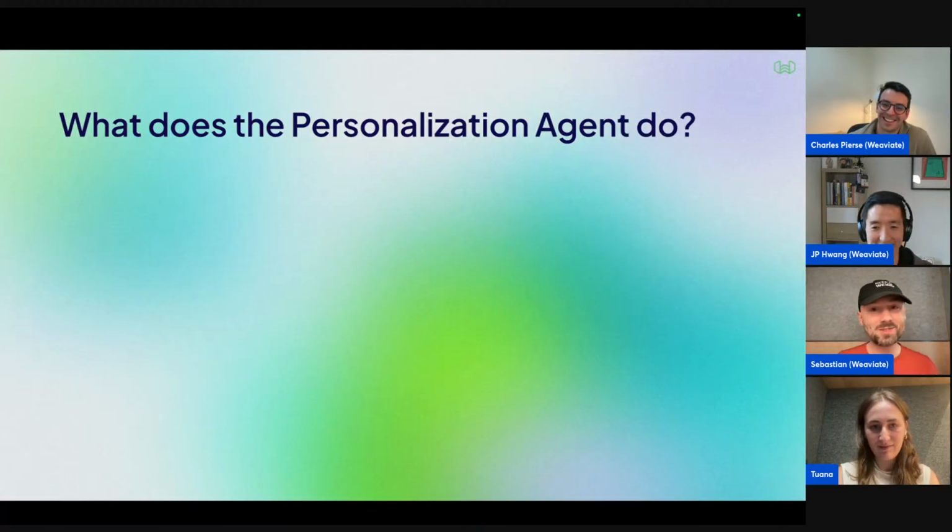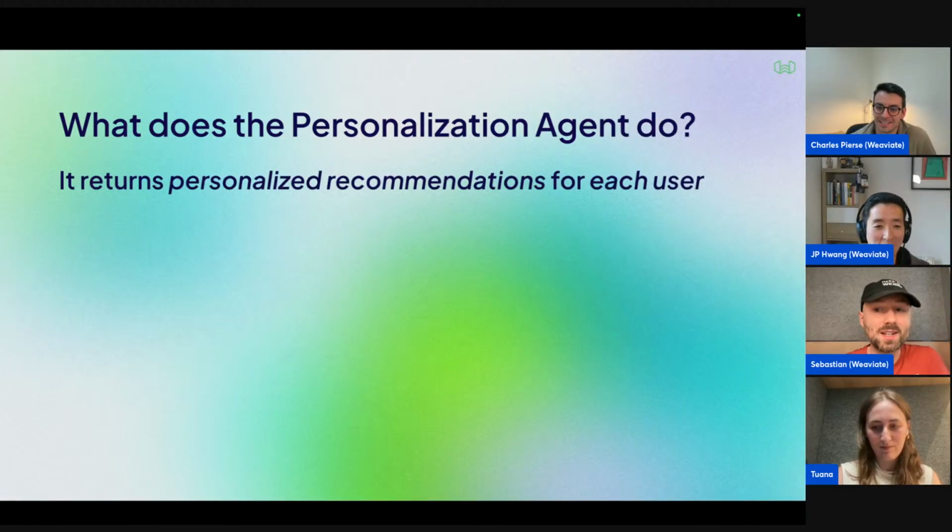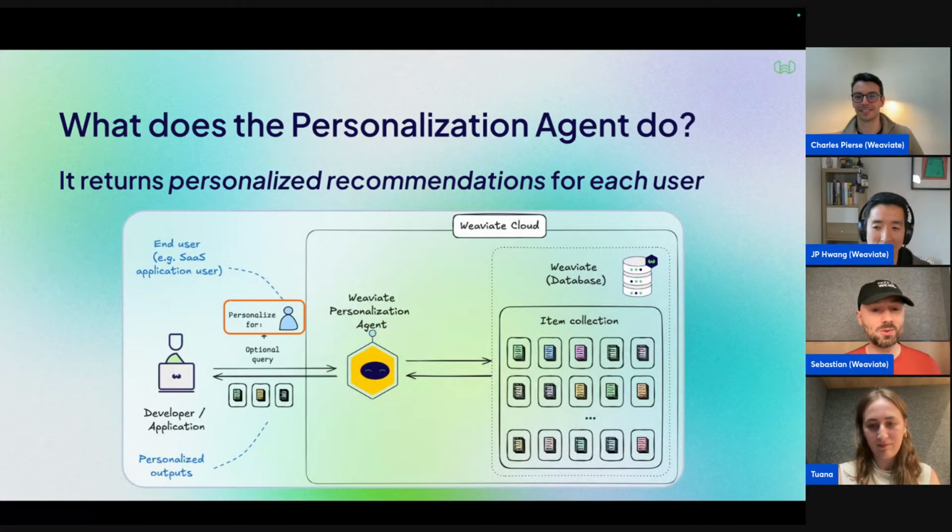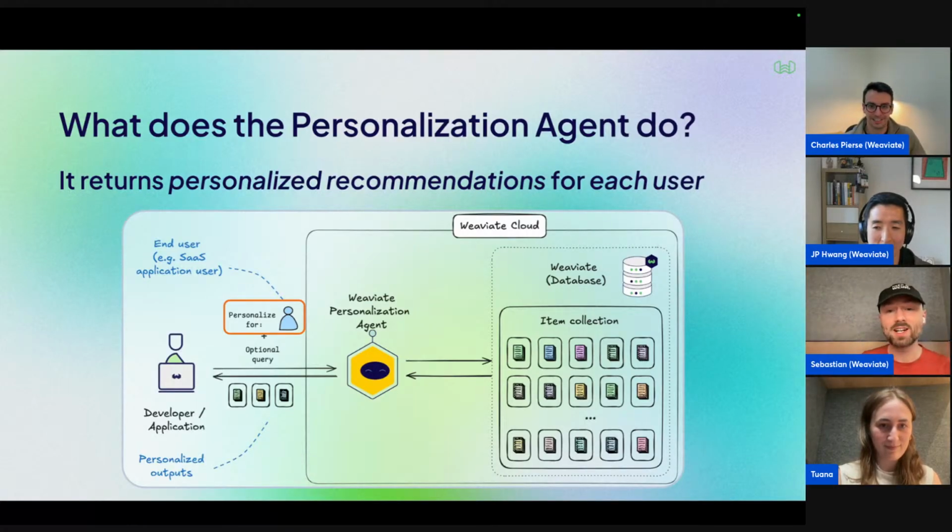The whole idea of the personalization agent is: how can we provide recommendations based on what we know about the user? This is a pretty good graphic that explains the whole concept, where on the right-hand side you have your personalization agent together with your database and all the data that you have, both about the objects that you normally store, but also the information about different personas and different users.